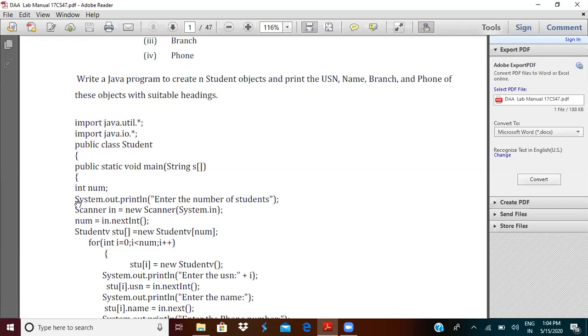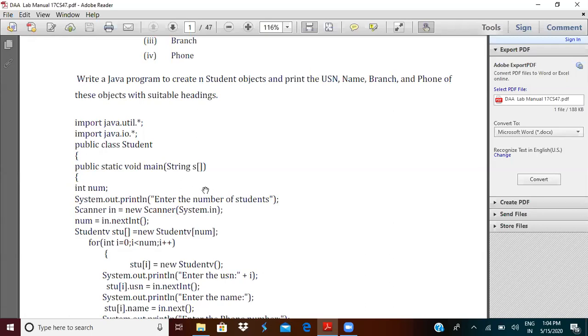Just like how we use scanf in C programming language, we use the Scanner class in Java to accept input through the keyboard. Now I'll accept the number of students using in.next.